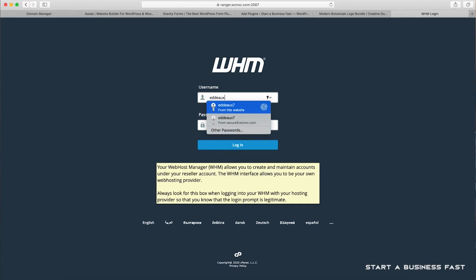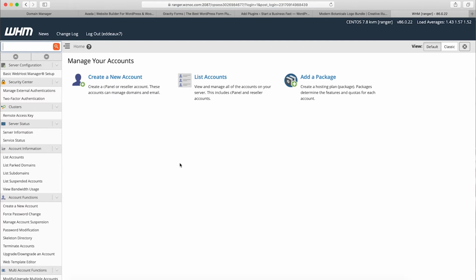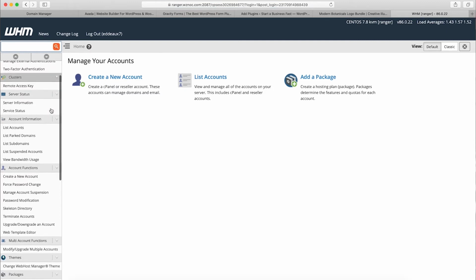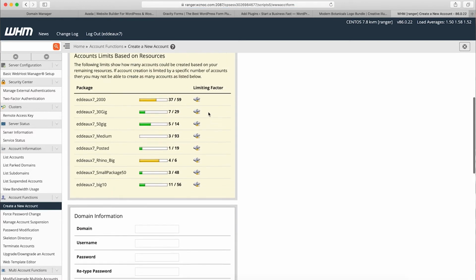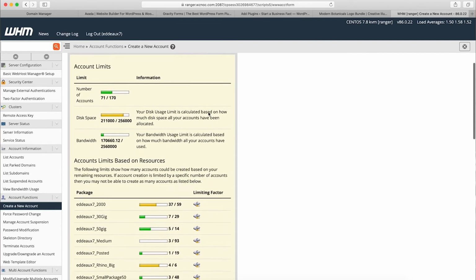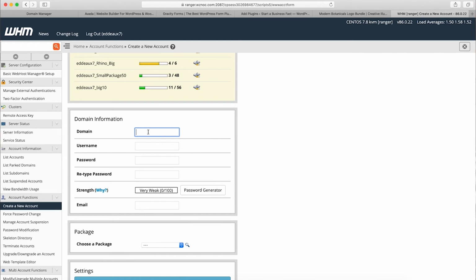So I'm going to log into my hosting server. And this is what the backend dashboard looks like. You have a list of things that you can do. Right now, for sake of time, this is going to be a fast course. We're just going to go create a new account. So this tells me a lot of information that for this course you don't need to know. So we're going to go to